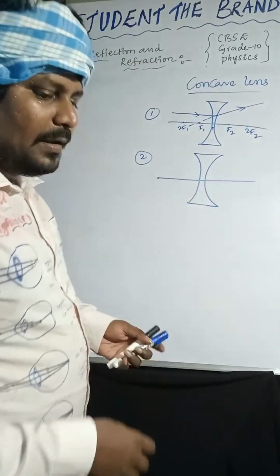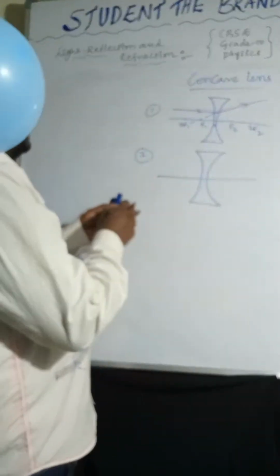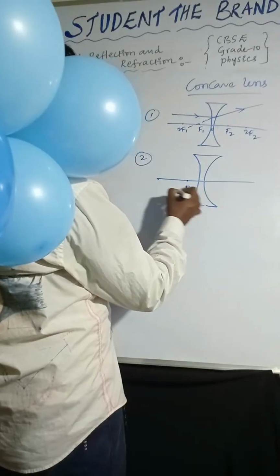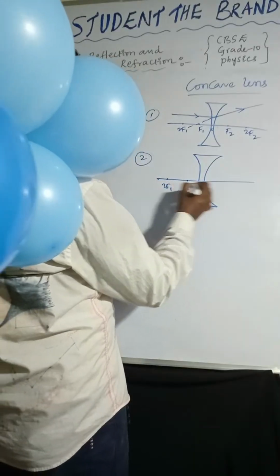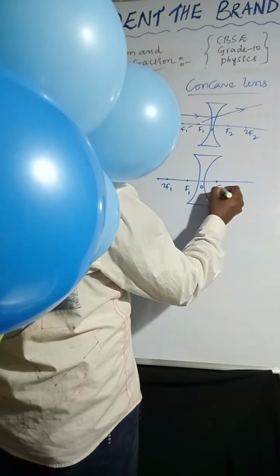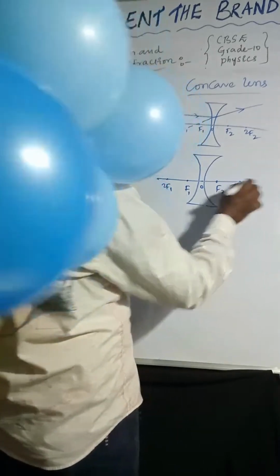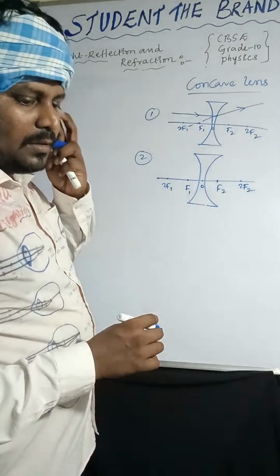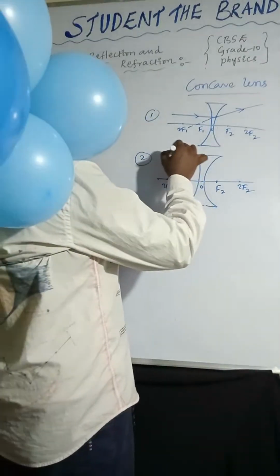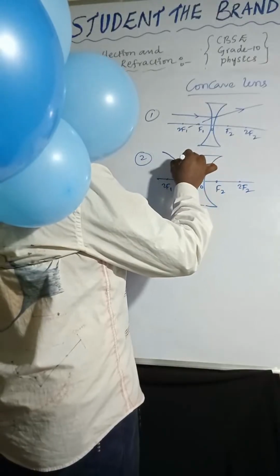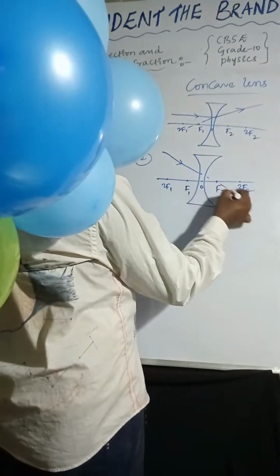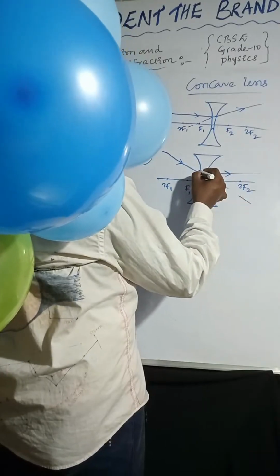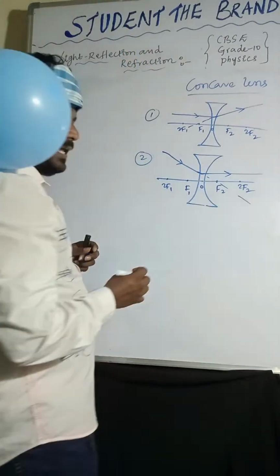Now, the light ray is passing through focus. F1, 2F1, optic center, F2, 2F2. So the light ray is passing through focus F2. After that, it will become parallel to the principal axis. So next,